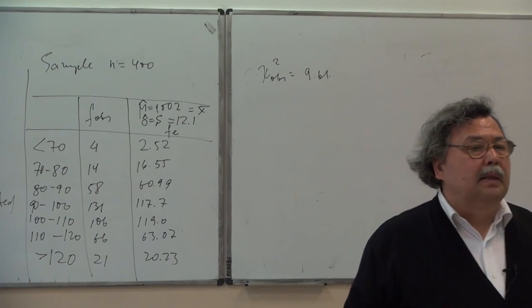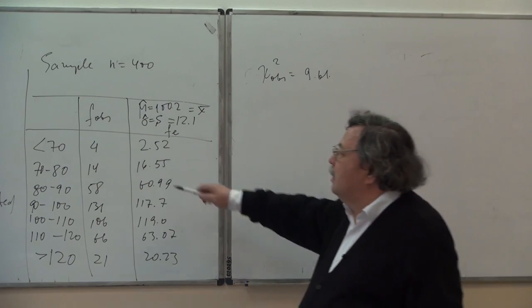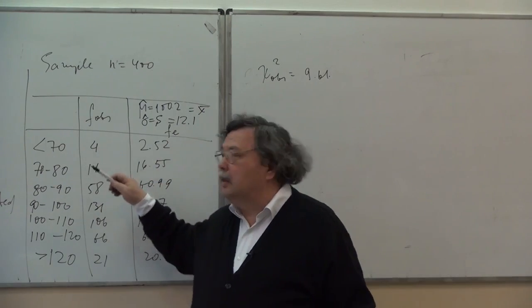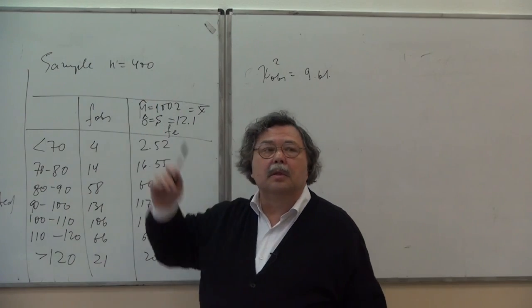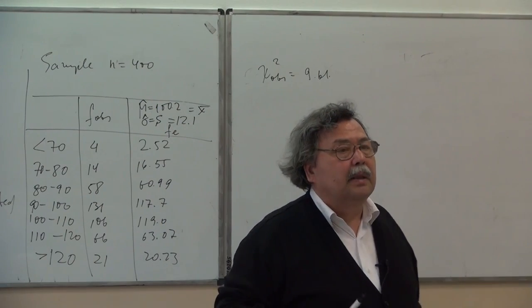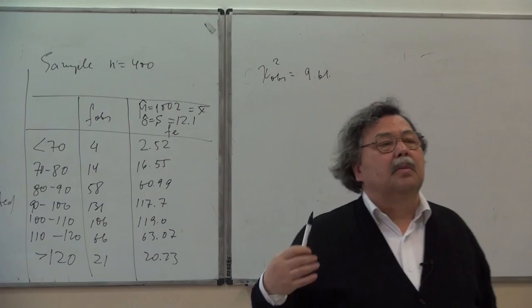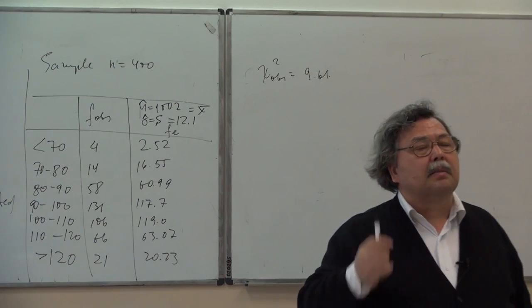It can't be greater than 6, because these numbers are not independent. They sum up to this total, which is predetermined, okay? So there is no way the number of degrees of freedom is greater than 6. But